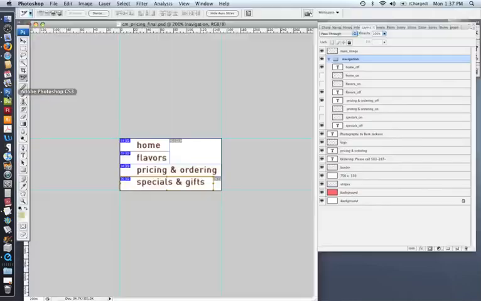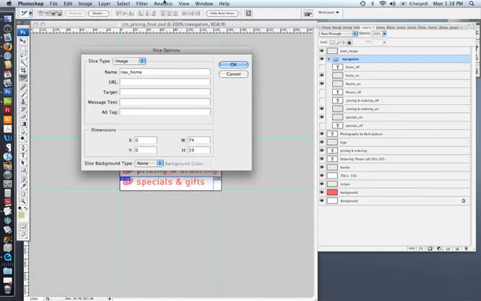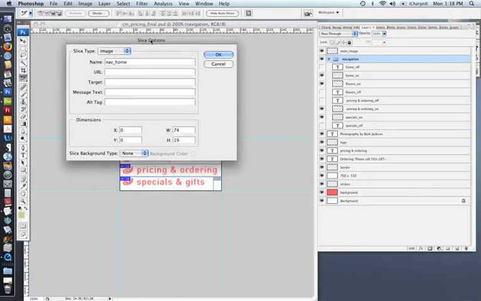So let's go back to Photoshop because we have saved our off states, but now we need to save our on states. So I'm going to hide our off states and turn on our on states. Okay, so now we've got all of our pink swirls with our text. And the only thing that we have to do differently here is we need to rename these because if you notice when I double click on here, this says nav home,